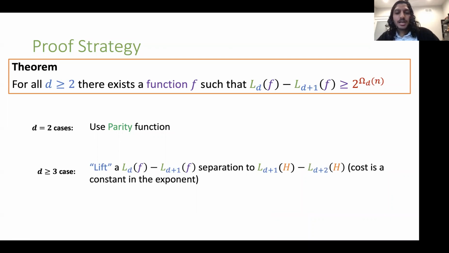Yeah, like if you had some function that had some separation of D versus D plus 1, what kind of function H would you guess has a large D plus 1 versus D plus 2 separation? Parity of a bunch of independent Fs. Yeah, that's a good guess. And I think it's a guess that people haven't been able to really make work, which is kind of surprising because